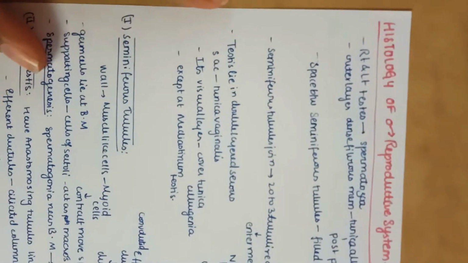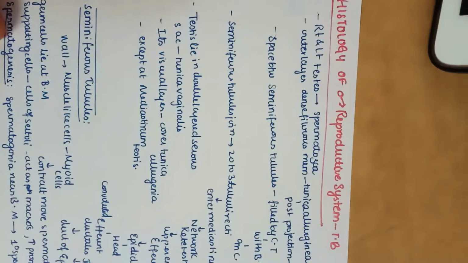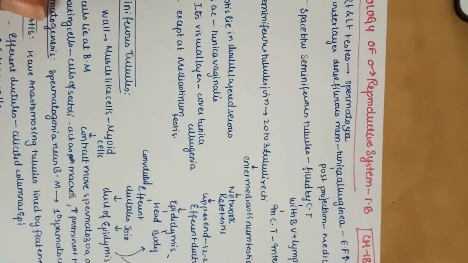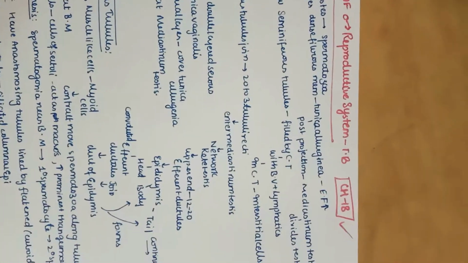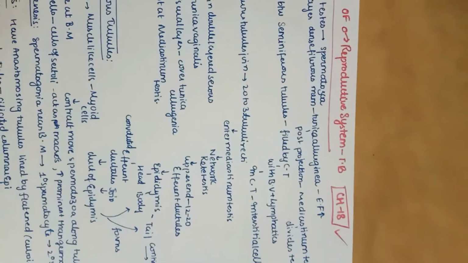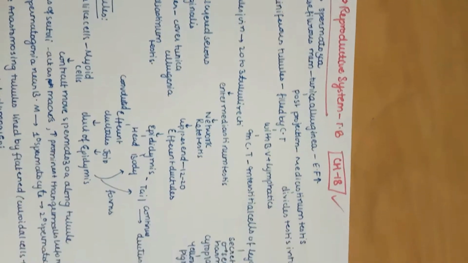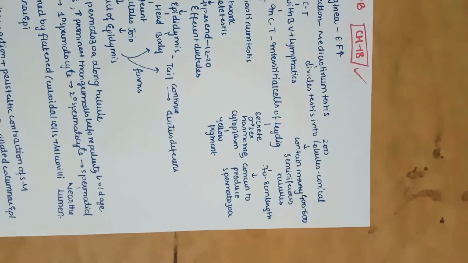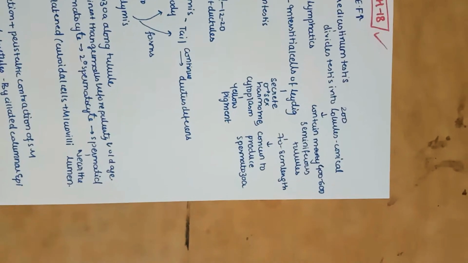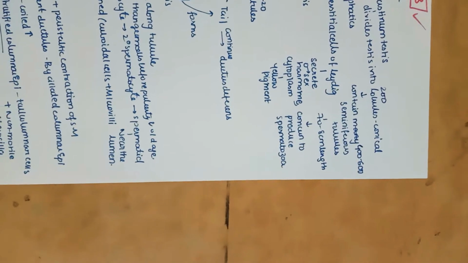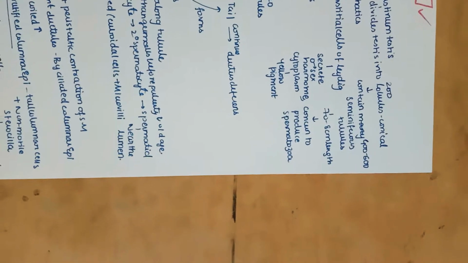So let us check out the details. In the male reproductive system we have the right and left testis, which produce spermatozoa, and the outer layer is a dense fibrous membrane, the tunica albuginea, as we saw in the diagram, which has a large amount of elastic fibers. The tunica albuginea has a posterior projection towards the mediastinum testis, which divides the testis into 200 conical lobules, and they contain 400 to 600 seminiferous tubules, which are 7 to 8 centimeters in length, and they are mainly concerned with producing the spermatozoa.